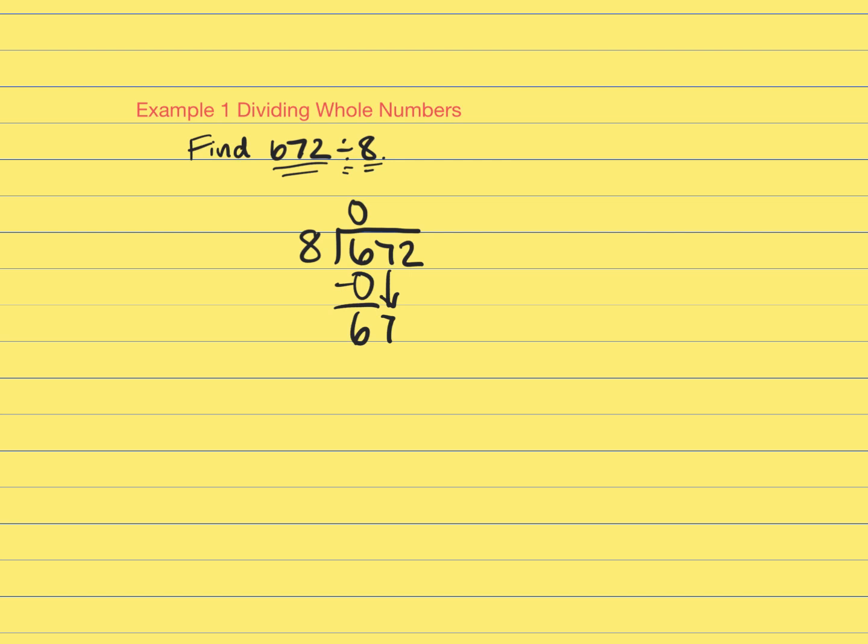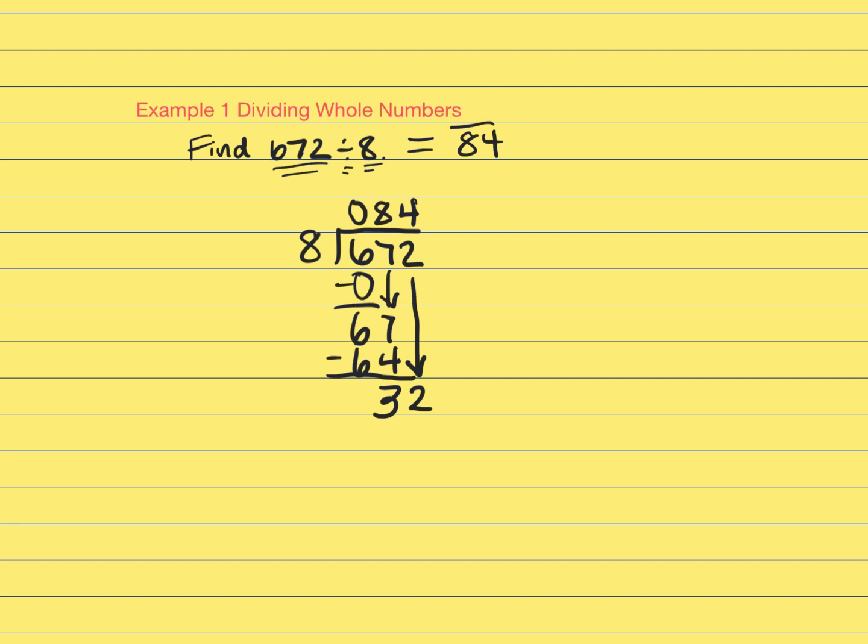How many times does 8 go into 67? You have to think your math facts. 8 times 8 is 64, so that's as high as we can go. Subtract those out. 67 minus 64 is 3. Then I bring down my final number, which is a 2. 8 goes into 32 4 even times. So now my answer should equal